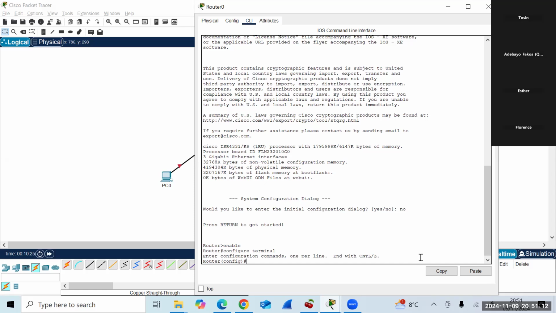So whatever you start doing right now is you start configuring the router. But you have to make sure you get to this config mode, which will help you to configure the router correctly. So the first thing we need to do, you can decide to leave your router as it is, but just for